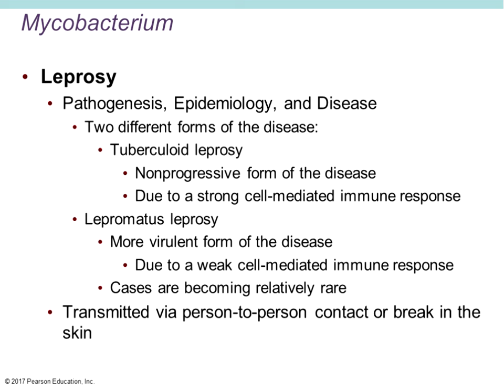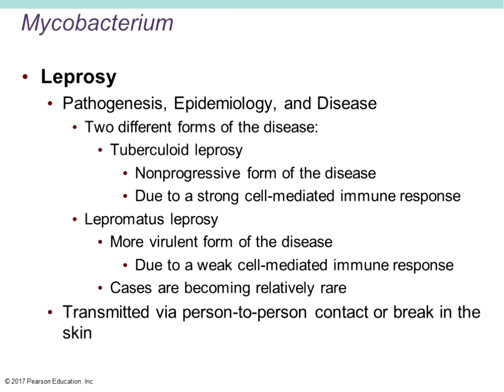Lepromatous leprosy is the more virulent form of this, and that's because it will not elicit as strong of a cell-mediated immune response, so those T cells don't respond as strongly to it. We are seeing that cases of lepromatous leprosy are much more rare, and this is the more severe form of it. So this is the leprosy that can cause those different types of deformities with the hands, whereas tuberculoid leprosy usually results in just different spots on the body, on the skin, because the bacteria